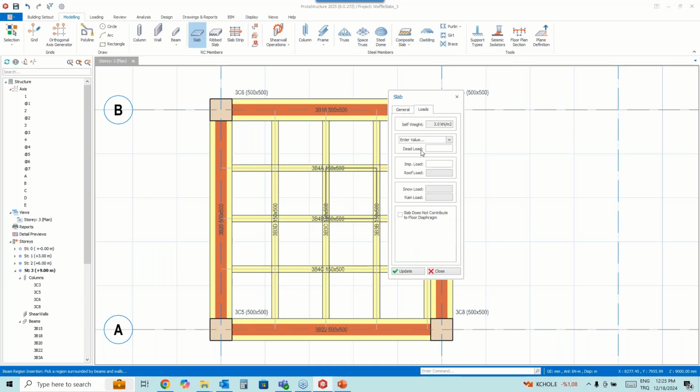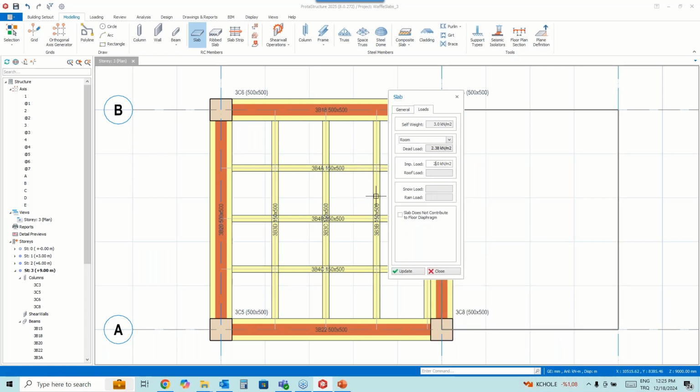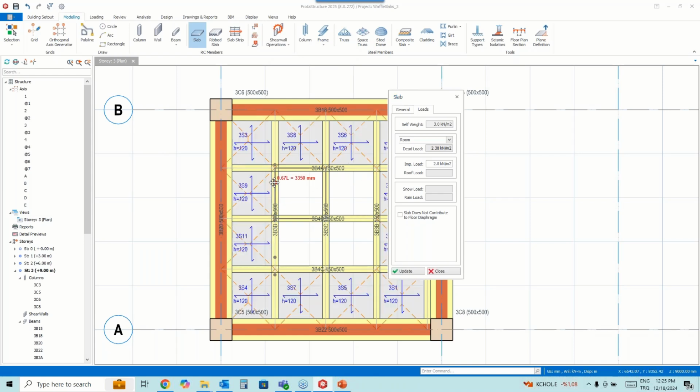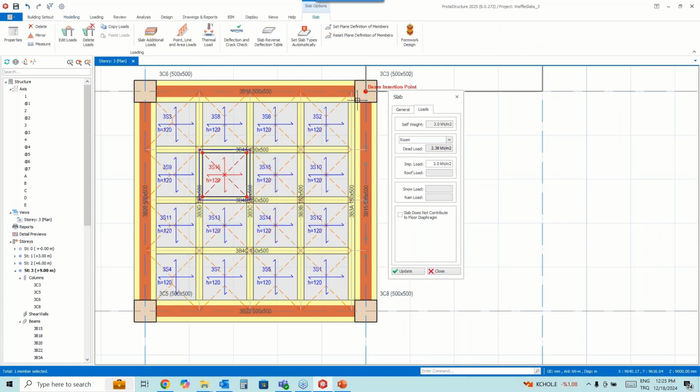Then, of course, we can add some dead and imposed loads like this. Okay, so if you use insert slabs automatically, some slabs will be inserted automatically like this. The rest can be easily done manually.